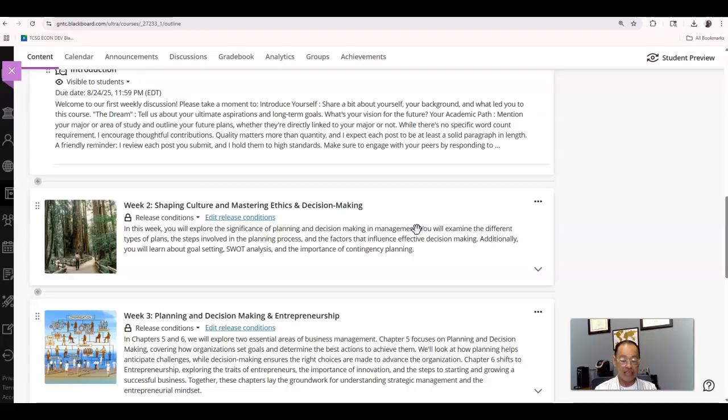So if you miss 1 Learn Smart, 1 quiz, or 1 homework assignment, it doesn't impact your grade that much. But if you miss 1 discussion, approximately 5% of your overall grade gets deducted.